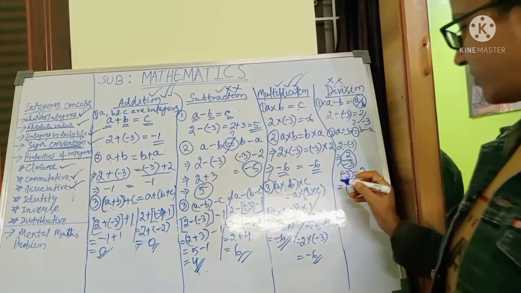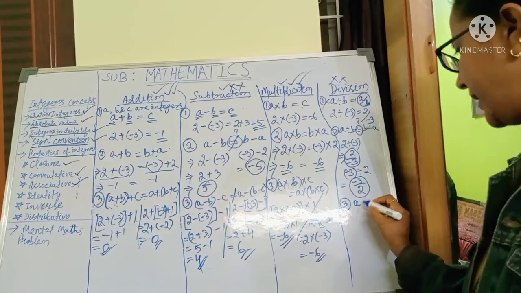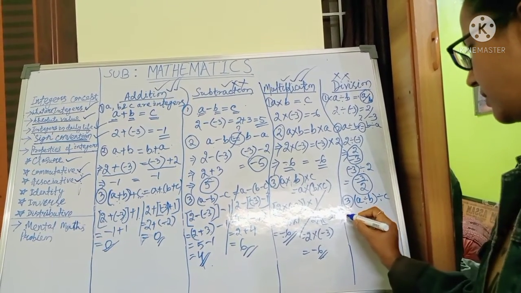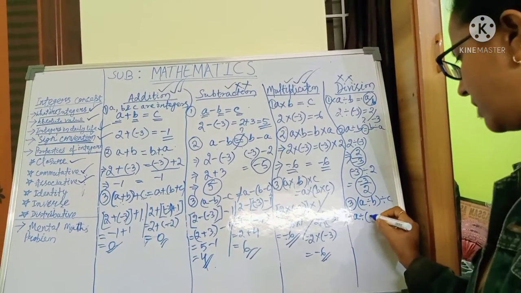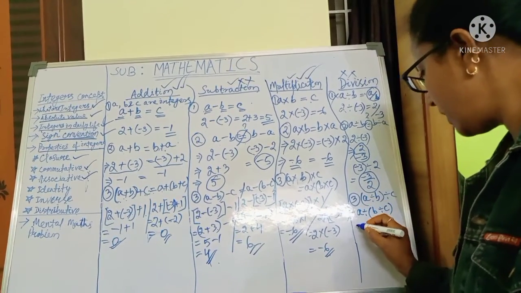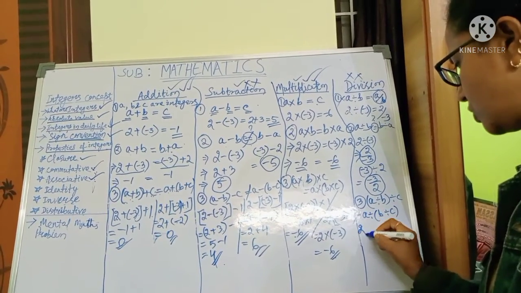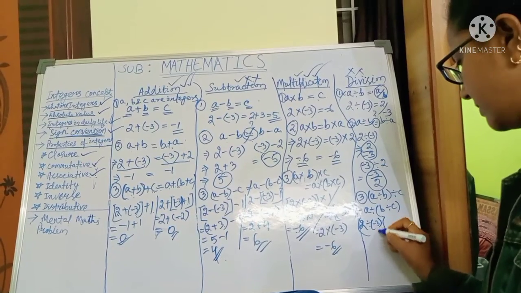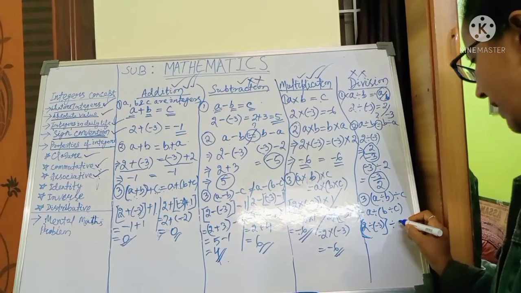So now division will check. For the division we'll check now. It will be A divided by B divided by C is equal to A divided by B divided by C. So now I'll check for the left hand side. A value is 2. 2 divided by minus 3, close in the square bracket, divided by 1